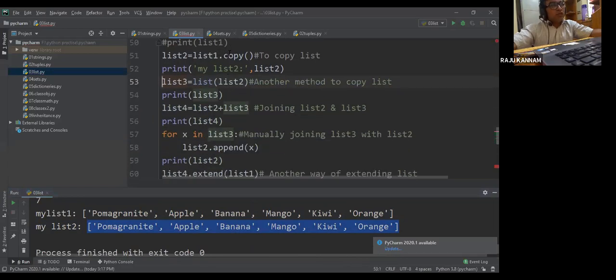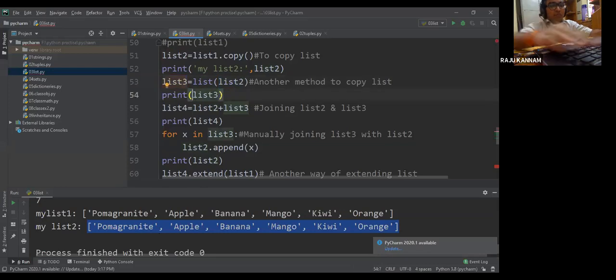You can create the new list also, and this is another way of creating a copy. Either you can use the copy method or you can use the list constructor. By using the list constructor also you can create a copy. So now here I am creating another list called list 3. By using the list constructor, I am copying list 2. List 2 is already copied from list 1. Now again I am copying list 2 into list 3. This entire list 2 I am passing as the argument for the constructor called list, so that will create the new list called list 3.